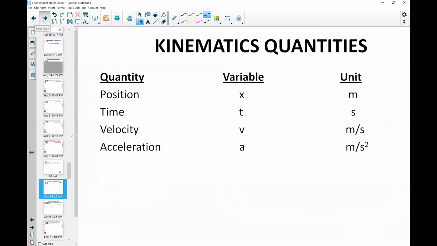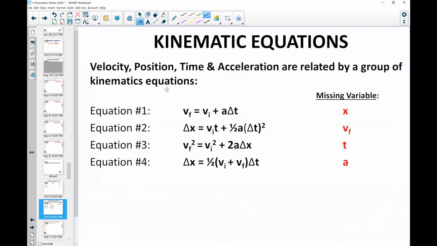All right, the second little strategy is we've basically learned these 4 equations. The first 3 are given to you by College Board. The fourth one is not given to you by College Board, but it's one we derived on Monday. But if you notice, in each of the 4, there's something different missing. In the first equation, it doesn't have anything to do with position. In the second, it doesn't have anything to do with final velocity. The third doesn't have anything about time, like we just mentioned today. And the fourth one, which we haven't really used, and honestly seldom would you need it. Well, technically never would you need it, but sometimes it makes things a little easier.